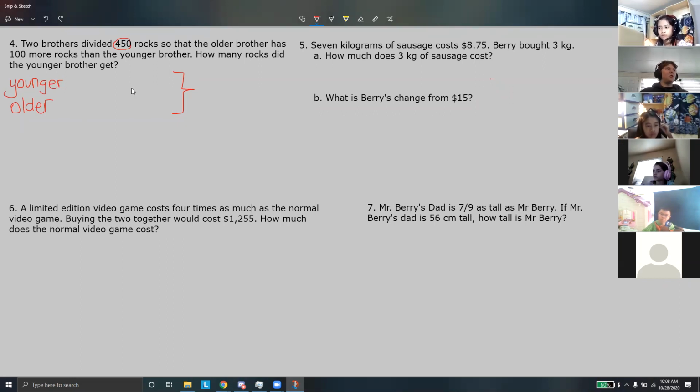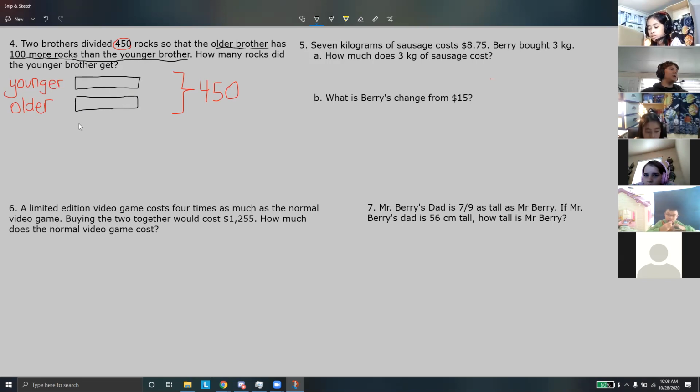So that tells us the total amount of rocks. So that's going to be 450. Both brothers are going to be sharing that total amount. Great. Okay, so it says that the older brother has 100 more rocks than the younger brother. So that means both of them have the same amount of rocks, except,